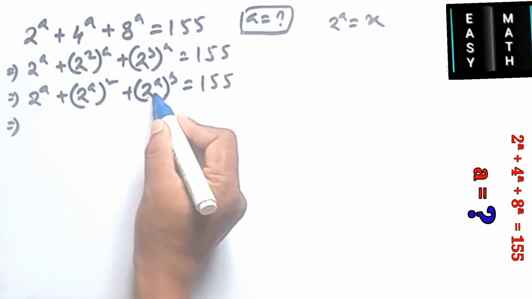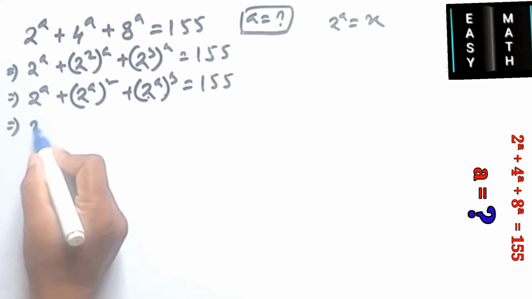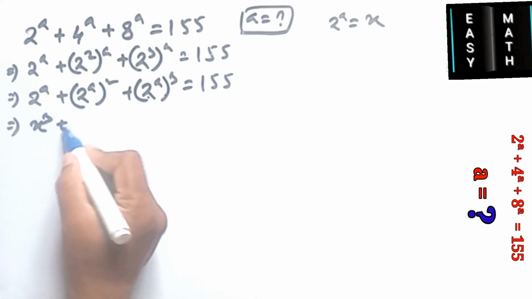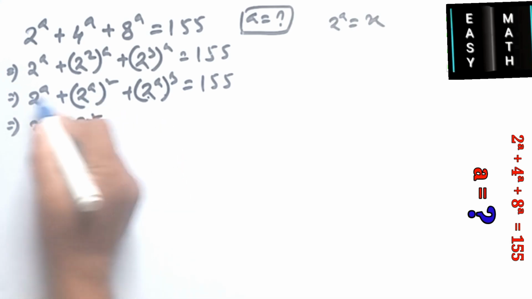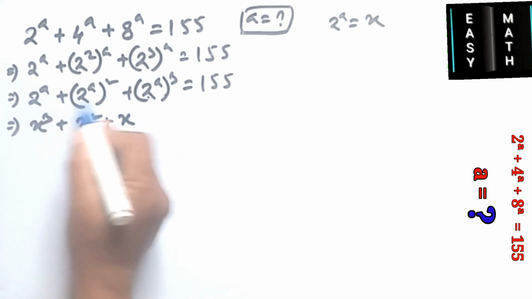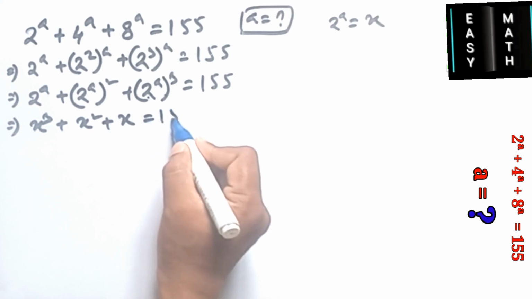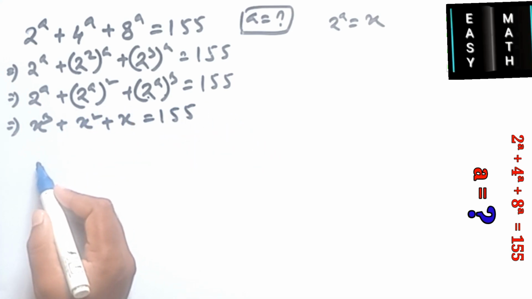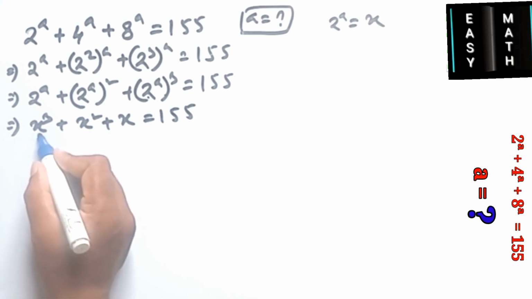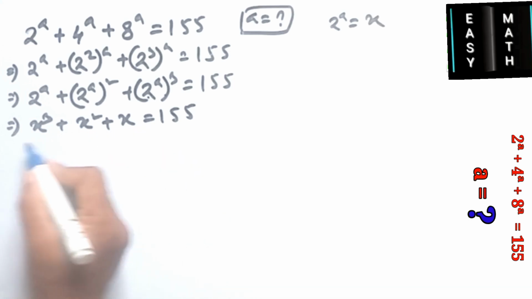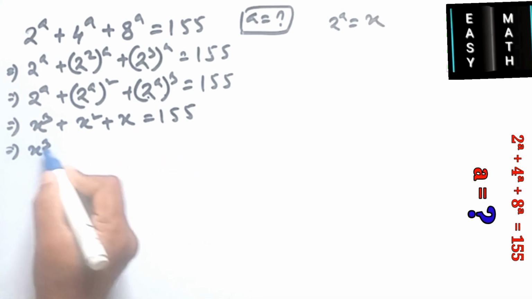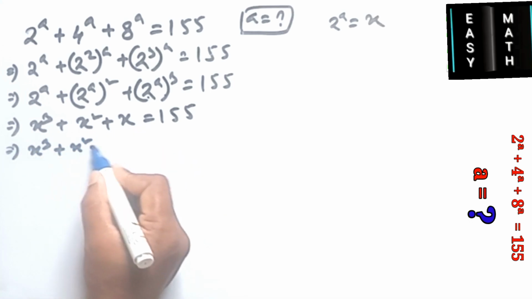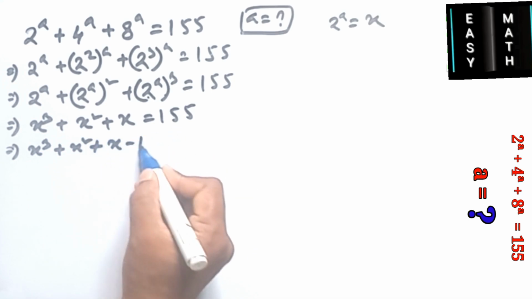First we can write this as x cube, and this is x square, and this is x. Change the position, and now find out x cube plus x square plus x minus 155